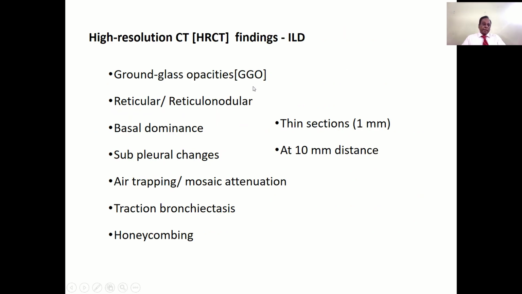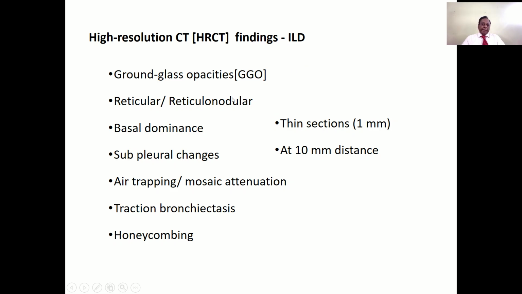CT. What is high resolution CT? High resolution CT is taking CT at thin sections, 1 millimeter. And I think this is a very important one. Actually, they take thin sections at an interval of 10 millimeters. If you see every slice, there is a 10 millimeter distance, and they make a thin section of 1 millimeter. And it is a particular type of CT, called HRCT, that picks up ILD very early, and you